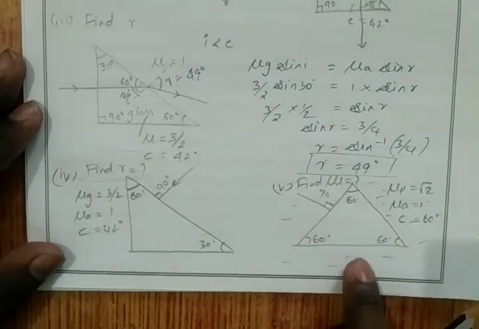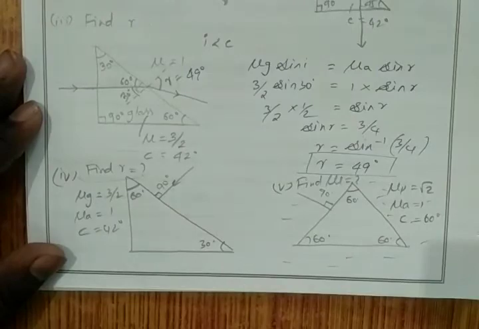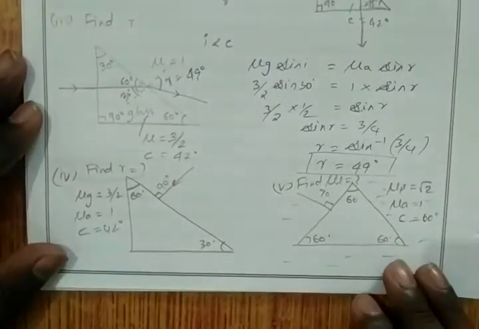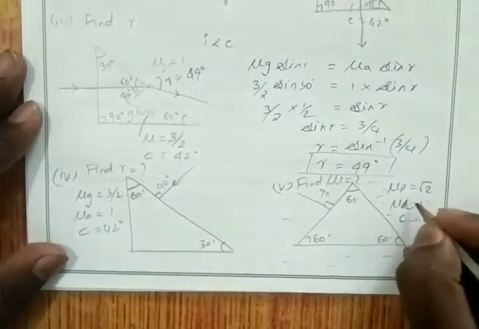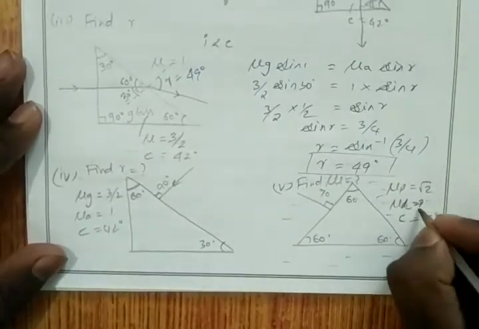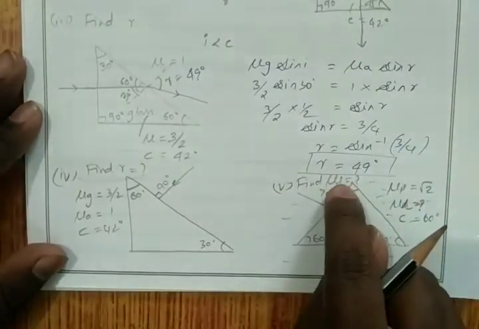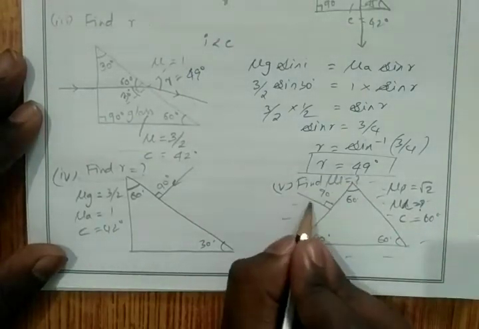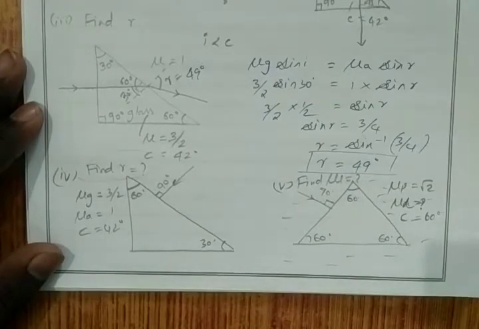Here we have an equilateral prism. All the angles are 60 degree. For this prism, refractive index given is √2, and it is placed in a liquid. We have to find the refractive index of the liquid. Critical angle given is 60 degree, and this is our incident ray. So solve these two problems, very easy, very interesting, and then post in the group.